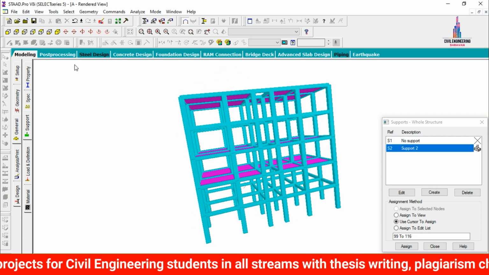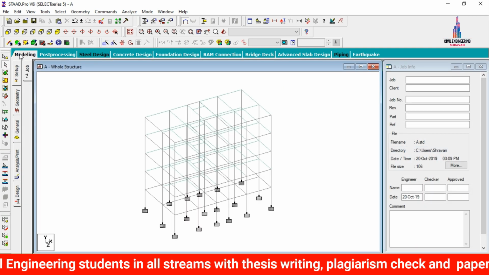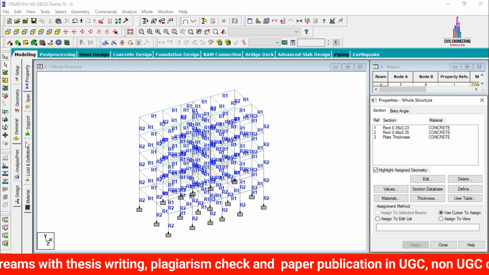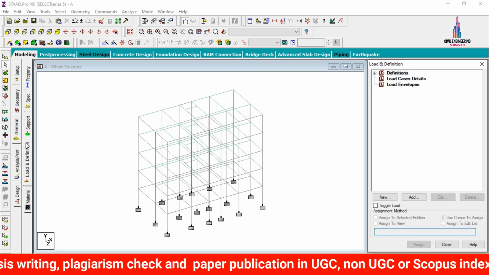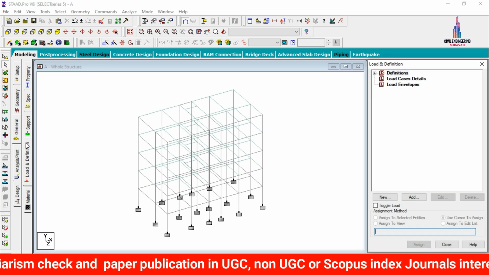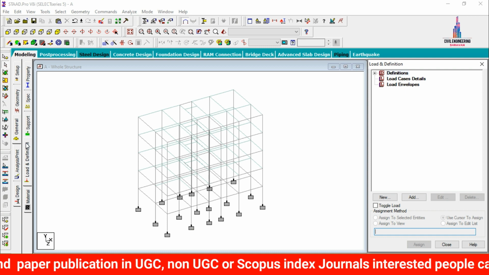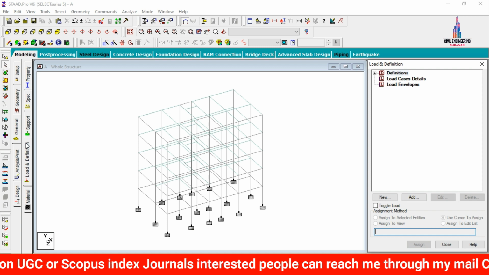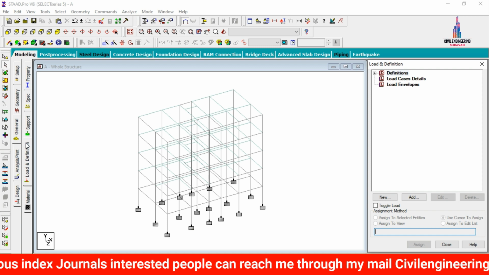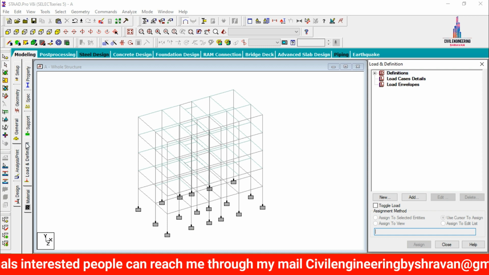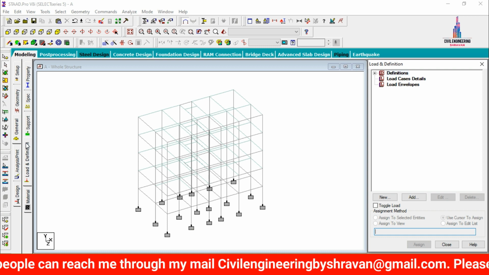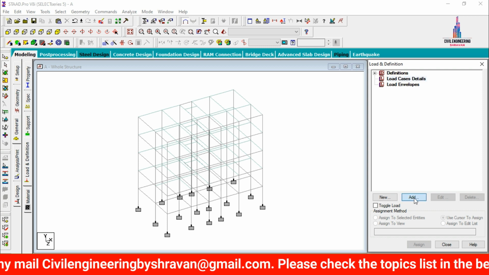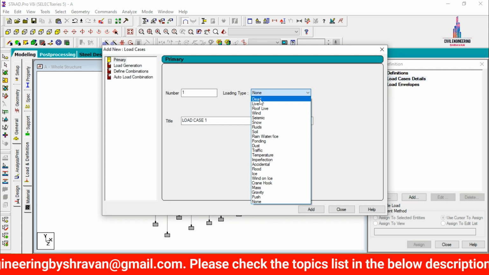After the modeling process is completed, we have to apply the load cases. Go to the general option for that. Initially I am selecting the load definitions. For this structure of the building, I am assuming the load cases will consist of gravity directional load cases, which come under the dead loading condition and live loading condition. Along with the respective load conditions, I will add the load combination with a 1.5 safety factor. For that, initially we need to click on loads and factors. Click on load case details, click on add. Initially I am selecting the dead load condition.